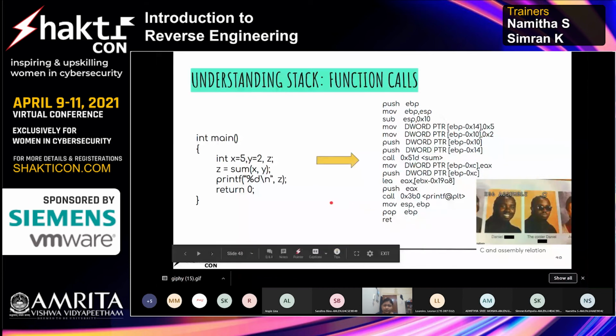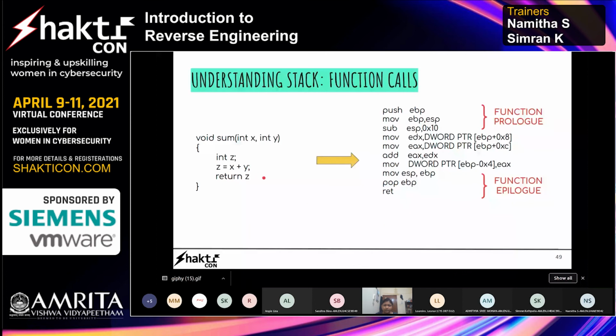Similarly, if I'm calling this sum function, what happens in the sum function? Sum is basically taking those two arguments, adding them, and returning the value back to the main function. And this is the assembly for that. So from main to sum, what difference would come?